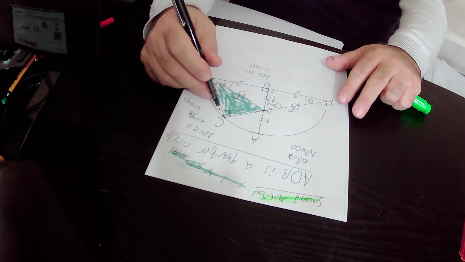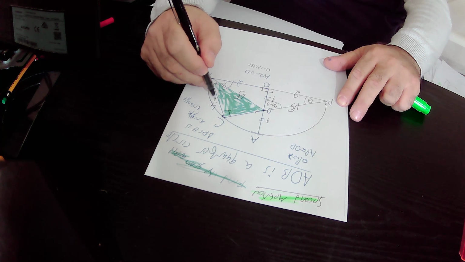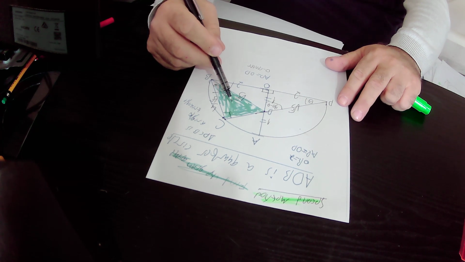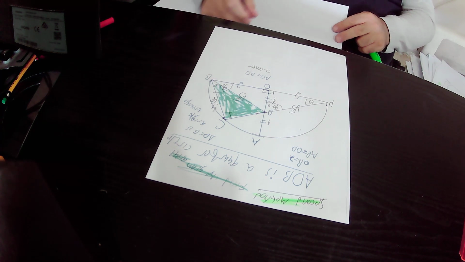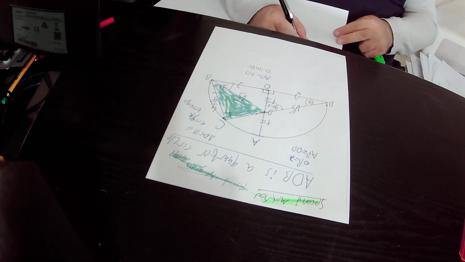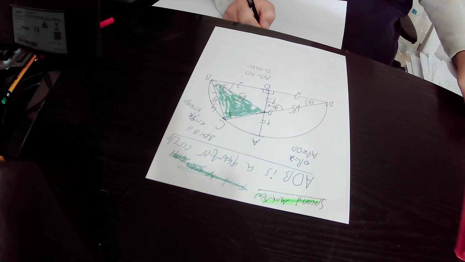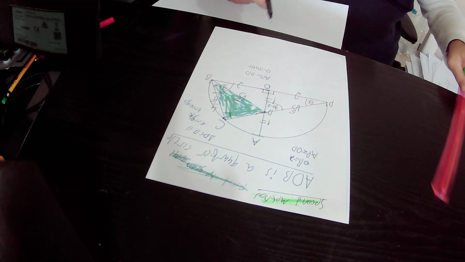Here we found out that CB equals 4 over square root of 5 units. In the next step, we will implement the Pythagoras theorem on the right blue triangle, triangle DCB. So the right blue triangle, triangle DCB, by PT, a relation from Pythagoras theorem, the square of the hypotenuse equals the sum of the squares of the perpendiculars,